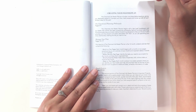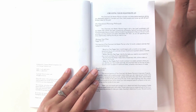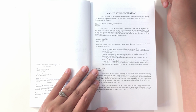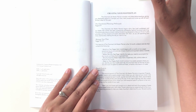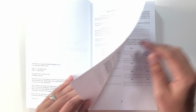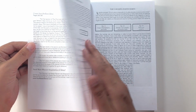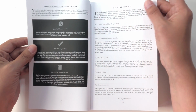So then you get into it, and it has her functional planning philosophy in creating your master plan. Now, if you are new to planning and you need some help on how to functionally plan and you really don't have a lot of experience out there, this could be very helpful for you. There's information about identifying your priorities, creating brilliant ideas, establishing routines, building positive habits, functionally planning your